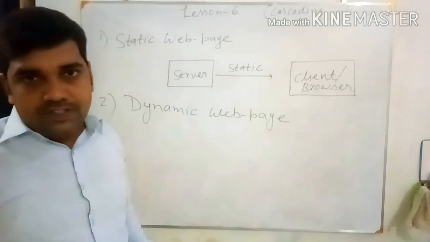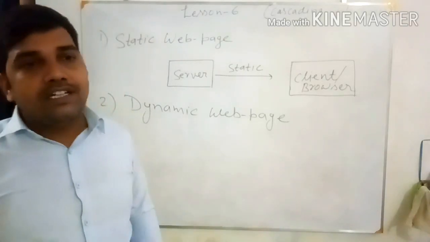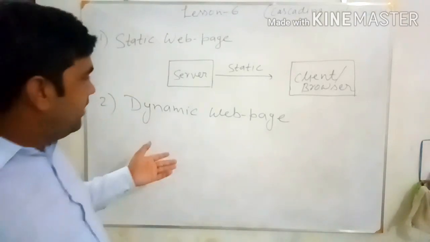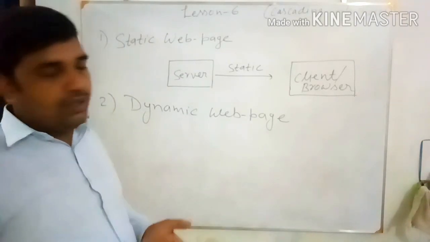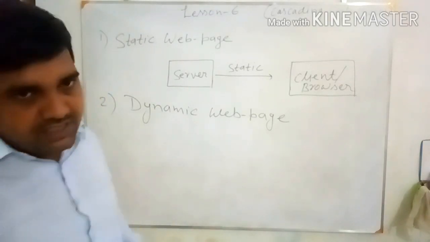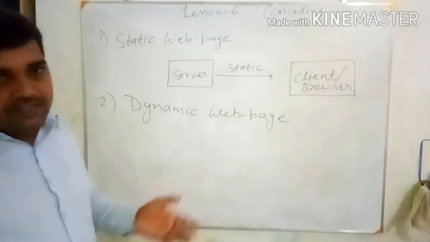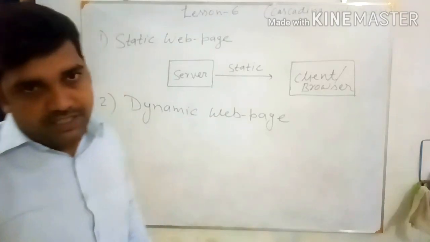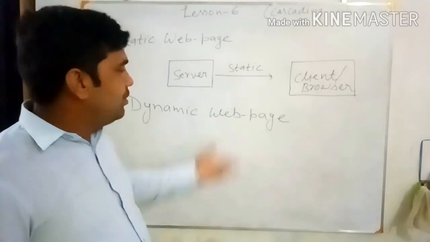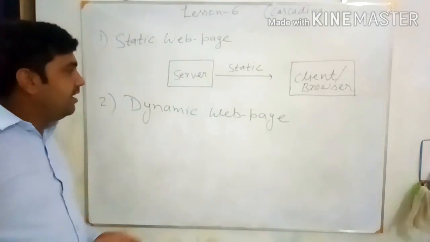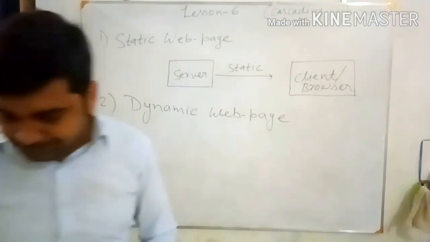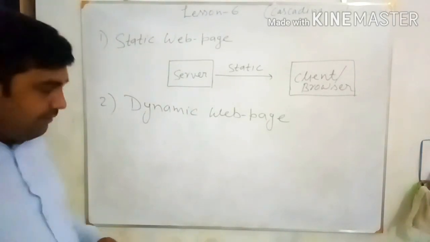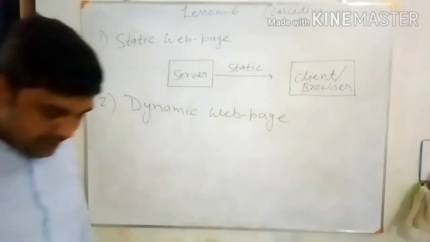The second time you visit, you will find some other product items listed there, or you can even see that the prices of the products on Amazon or Flipkart are different for different users. Sometimes it varies from person to person. So the content of the dynamic web page changes continuously. It is not static. So the number of times you open it, maybe you will get updated content on that web page. That is the dynamic web page. And dynamic web pages are written with the help of languages like ASP, PHP and DHTML.